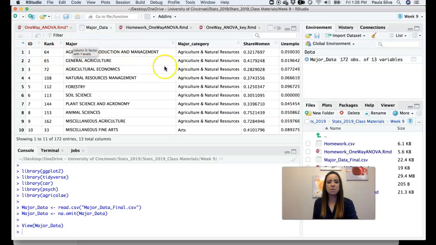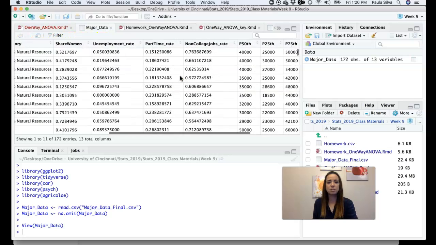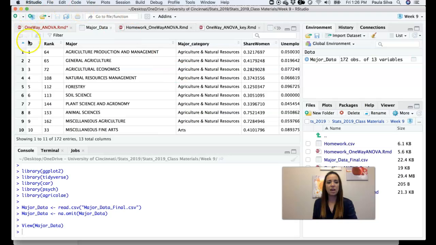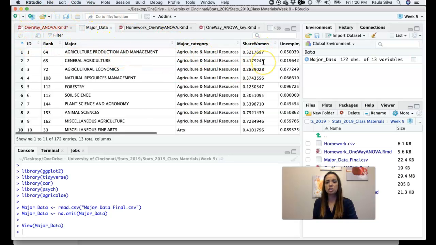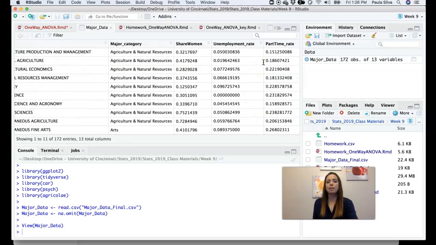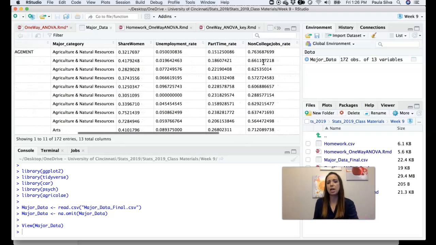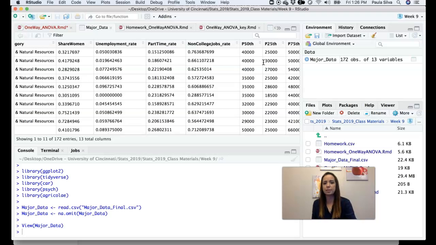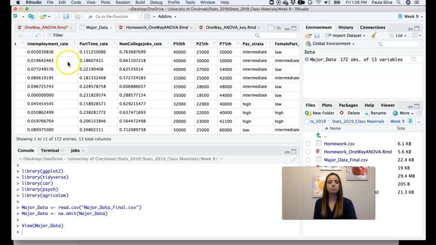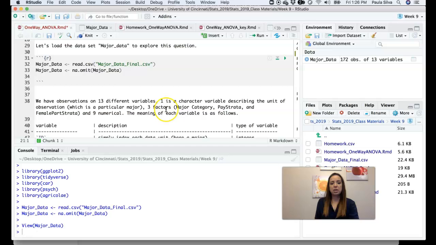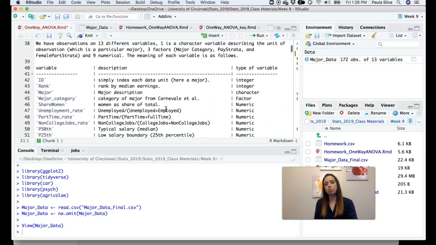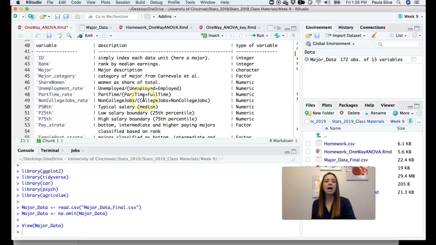See how it has many different variables. We have ID, rank, major category, share of women, unemployment rate, part-time, non-college jobs rate, a bunch of stuff. Because there are a number of variables that are hard to know what they are, I have this little table describing what the data set is. So, real data set. ID,